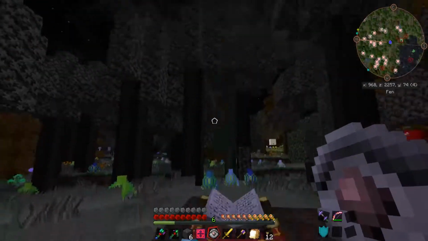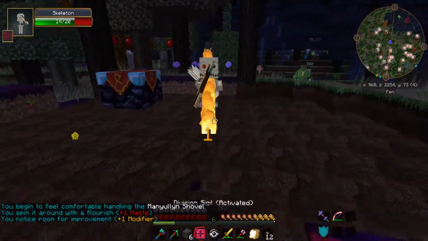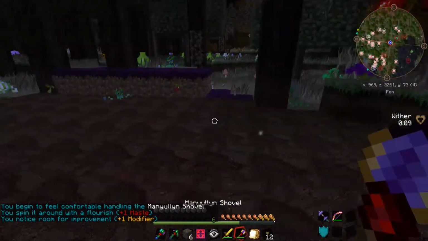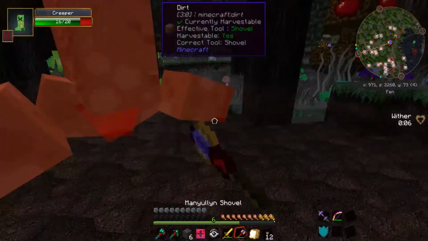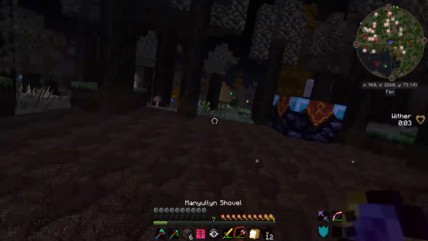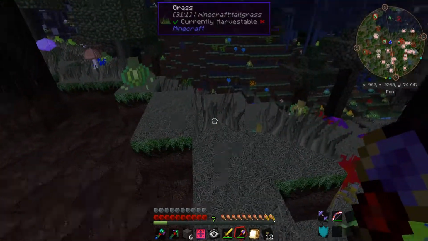And there it is. So now we can right click, smack our sheep, and dig up the earth. Kill the skeleton. And let's dig up the rest of this here. Okay. Well, that creeper came along. We got hit with a wither effect. That's not the end of the world. Make sure we didn't miss any. I'm not seeing anything else